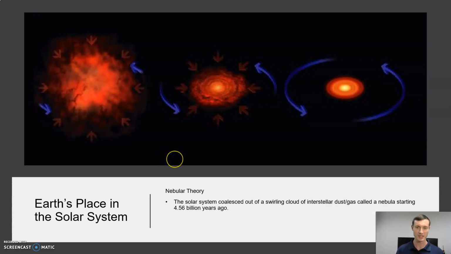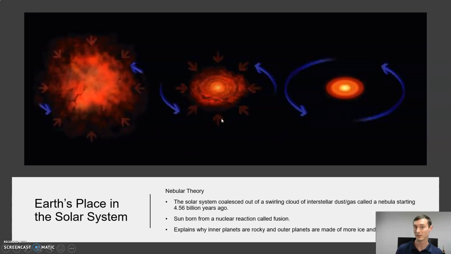And this continued, coalescing, coming together, flattening into this disk and swirling around faster and faster until the sun is born. That's what it sounded like, by the way. It's like, well, no, there's no sound in space. It's kind of a pop, though. You imagine it. The sun is born from a nuclear reaction called fusion. Hydrogen comes together to form helium. It starts a chain reaction with all the gas and dust there, and it forms the sun.